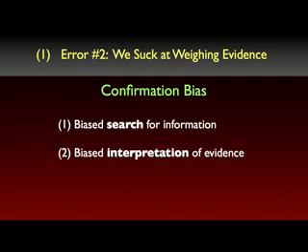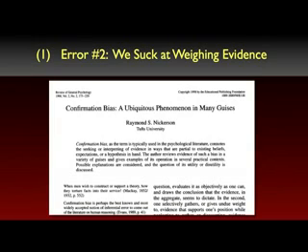A third form of confirmation bias involves biased memory. Even if someone has gone ahead and tried to collect evidence in a neutral, unbiased way, they may still remember it selectively. So you end up recalling more of the confirming evidence than the disconfirming evidence, and it skews the evidence in favor of your expectations. I want to emphasize that these biasing effects I'm describing are well documented in the cognitive science literature. It's part of the cognitive biases literature that goes back several decades now, and it's an ongoing area of research.